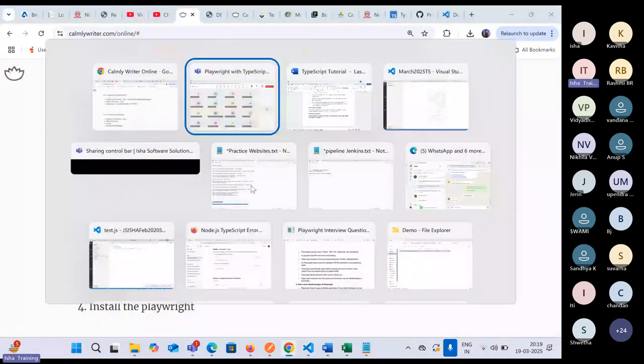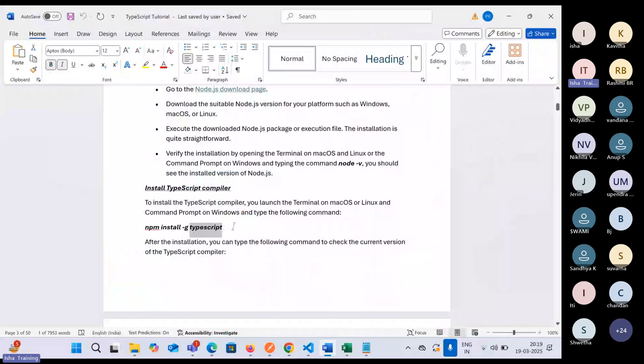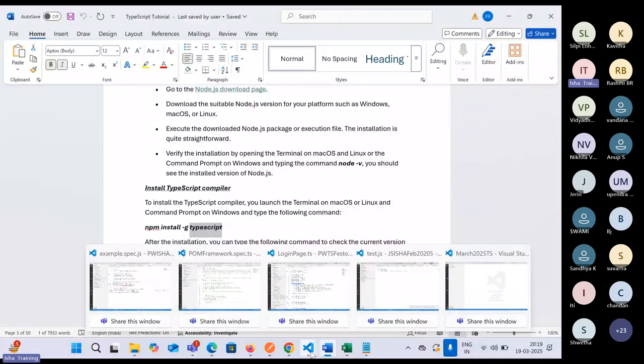Whenever you would like to install anything which has been developed using JavaScript or Node.js, you can simply use npm install and then TypeScript, for example. In your case, if it is something else that you are trying to install, you can give that particular name over here. Now, -g stands for global. What is meant by that is, see,